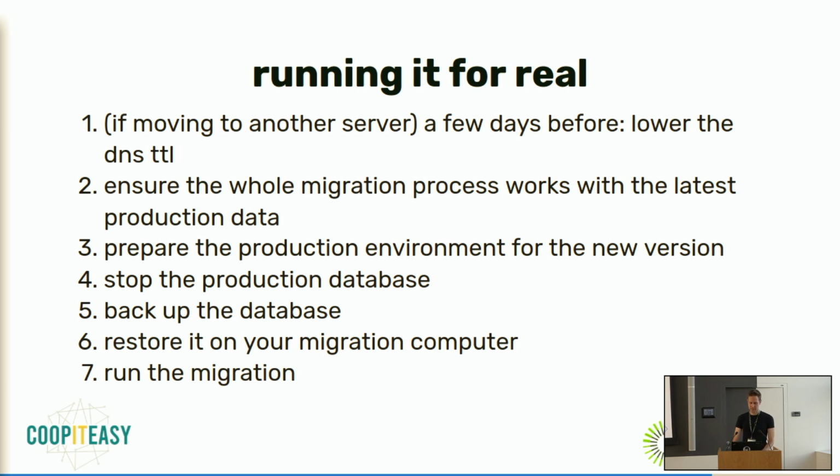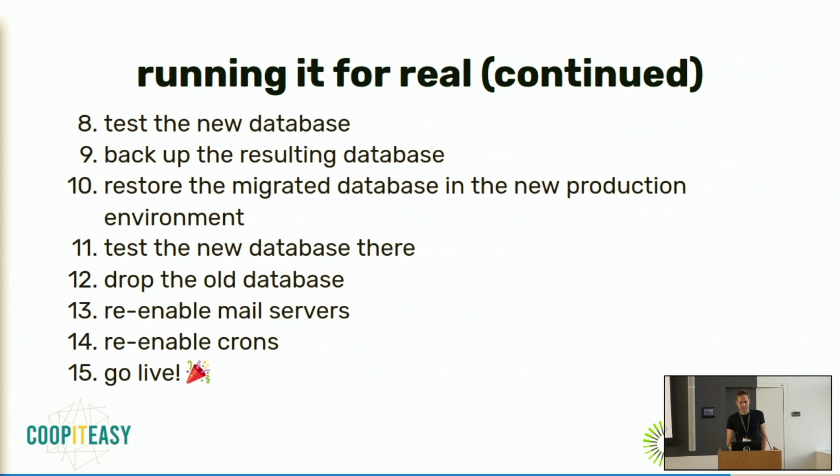Then it's time to stop the production database. So either it's a server running only that, so that's easy. You just stop the service. If it's a multi-tenant system, that's more difficult because you cannot just stop a database. You either drop it, or another trick is to change the database owner so Odoo won't see it anymore and will stop running it. Then you should back it up, restore it on the migration computer, run the migration, then